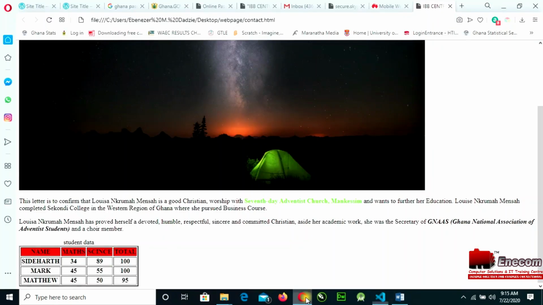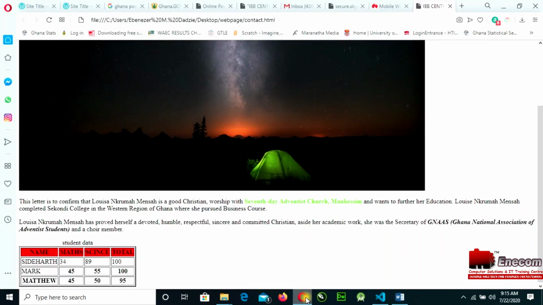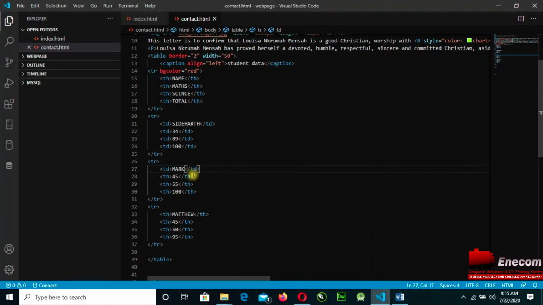Let's open the browser and see what will happen. You can see that the text color has changed because I've changed the header into the data.